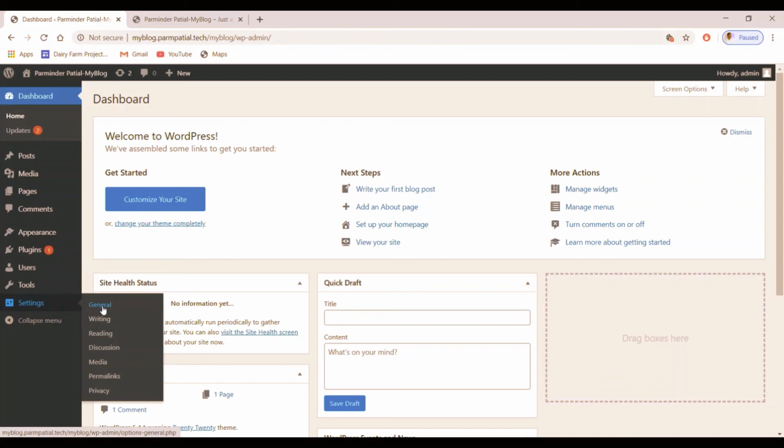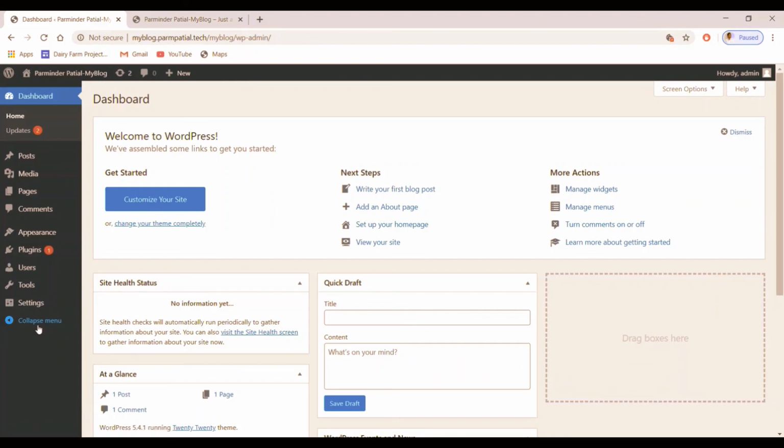And at the bottom, the last option is the menu settings. In the settings we have the option general. If we want to make some general settings, or writing settings, then we can use writing. Then if we want to make reading settings, we have to use reading. What we have to do, we can learn in the coming videos. Then discussion, if we want to set up discussion on our web page or website, then you can use this. Then media, to set the media properties. Then permalinks, if you want to set the links and how the links will appear on our website, that can be set using this. And privacy policy, that we can set there.